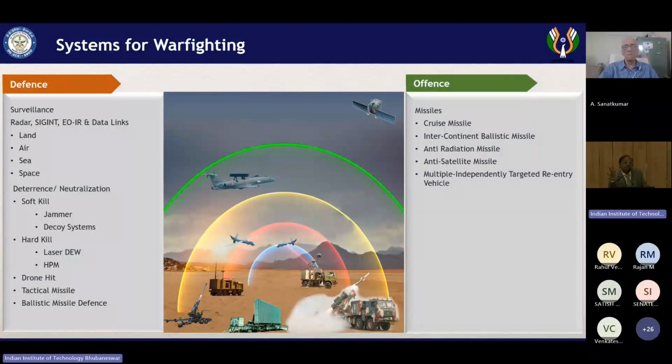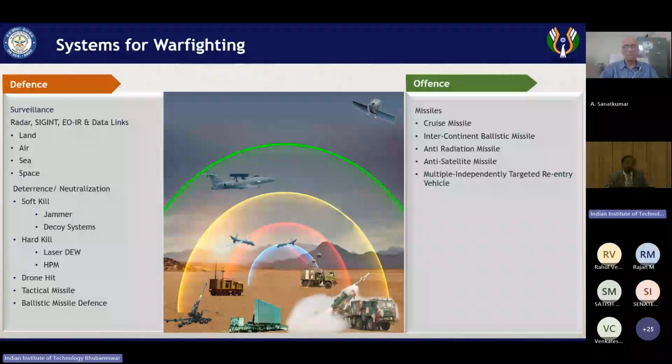But when it goes to space, there is no atmosphere. You can't do much of the control. You have to be absolutely fine precision. And your satellite looks like a speck of dust in space. Just literally like a speck of dust. And your missile has to be so accurate. It has to go near that speck of dust, pierce through the speck of dust. That's the kind of challenge which India has done.